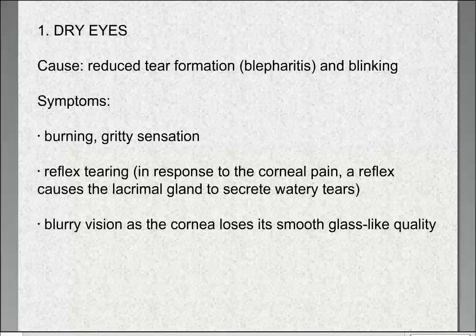Is decreased blinking due to lack of dopamine? Well, that's a good question. I don't know how exactly the dopamine connection works. We don't think of dopamine as a